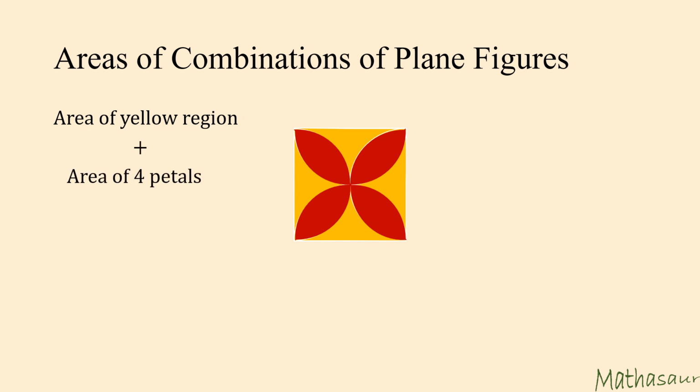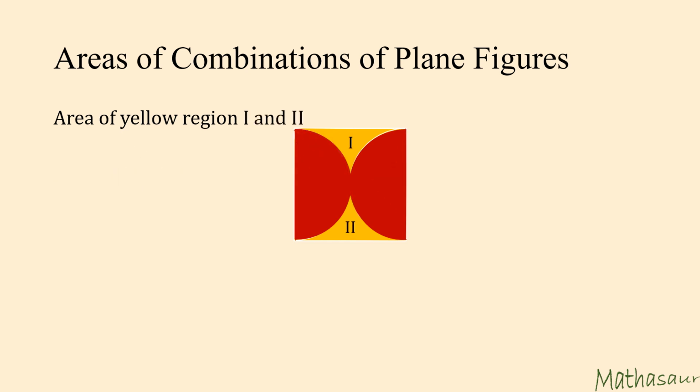If we add the area of the 4 petals to this yellow region, note that the petals are formed by segments of a circle. So each petal is formed by 2 segments. So instead of area of 4 petals, we could write area of 4 times 2 segments. But finding the area of a segment is also tricky. Let us look at it another way. Let us look at the semicircles.